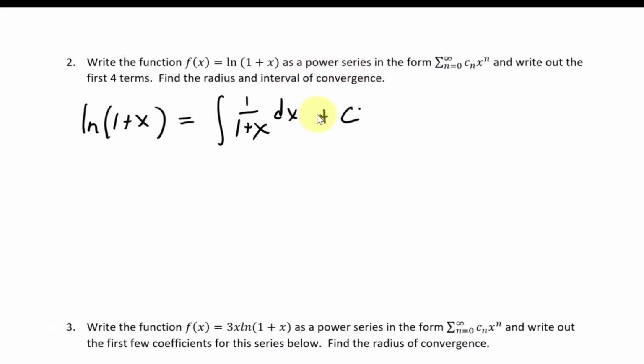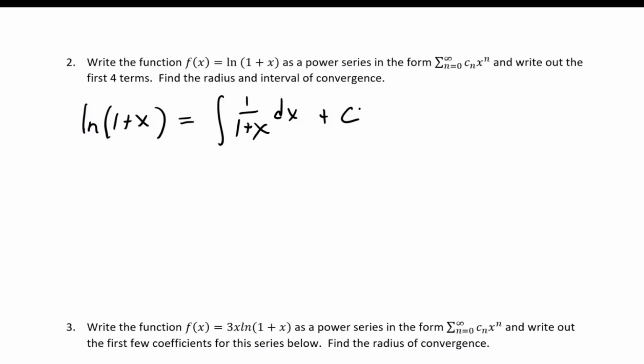So what I'm going to say here is that normally we put the plus c on this side, right? The antiderivative of 1 over 1 plus x with respect to x would be ln of 1 plus x plus a constant. But of course it doesn't really matter which side of that equation you put the constant, and it's convenient to write it on this side because I'm trying to expand this function. So it would be a plus c, and then it would just be a different plus c on the other